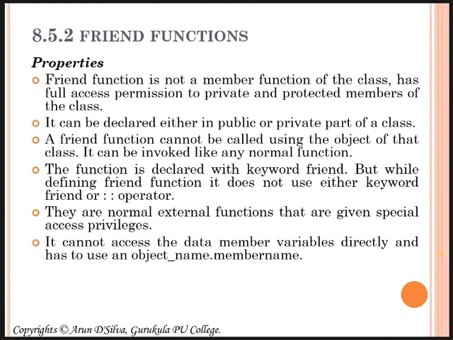Now see, as I told you, you belong to Gurukula. Now your friend belongs to some other college, say XYZ college. He cannot access me straight away. Through the object, you are the student object, through you he can access me. You got it? Through you he can access me. So this is what happens here. He is a friend for you, he is a friend for this college, but he cannot access directly.